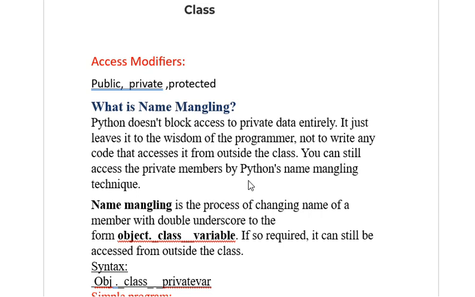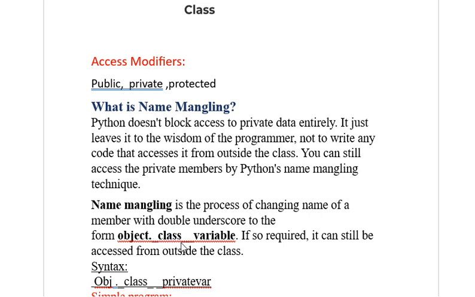Next. Now you got clarity on why we have to use name mangling. Yes or no? So now let's understand how to use name mangling. Name mangling is a process of changing the name of the members with the double underscore to the form object dot